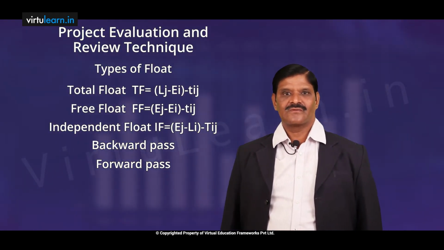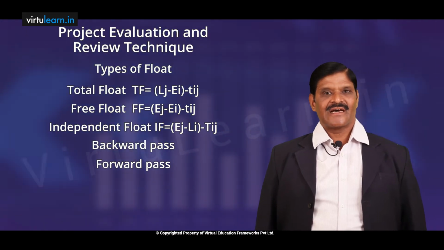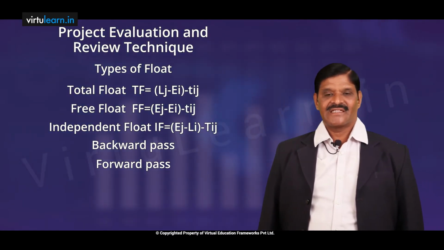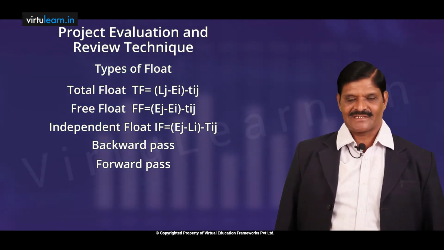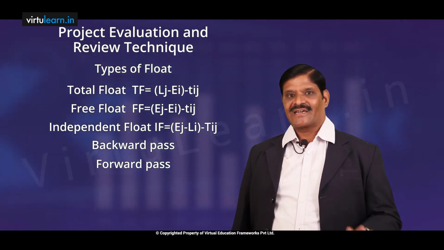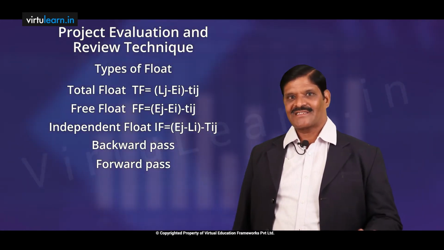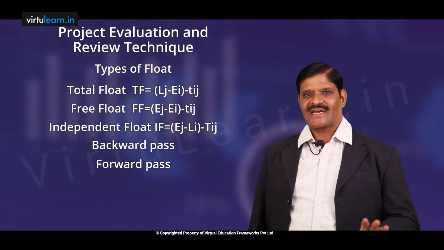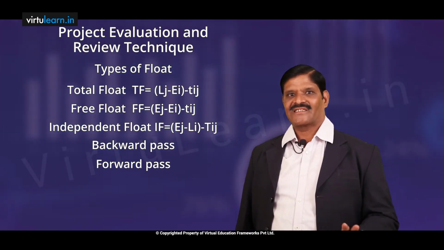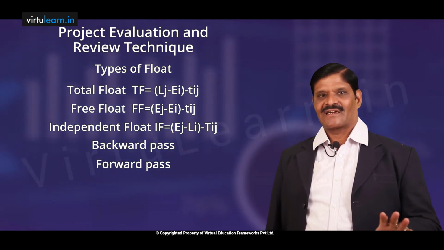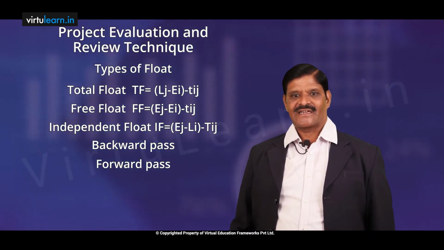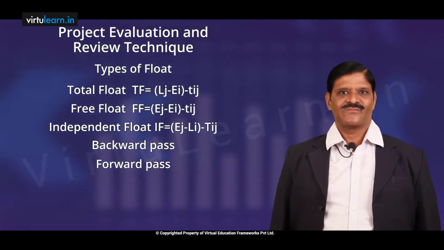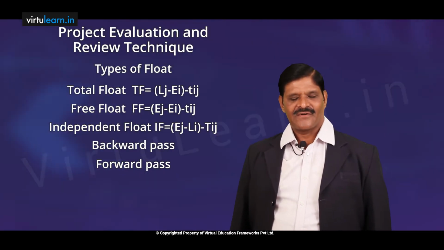But one thing we should know is, for the activities lying on the critical path, there is no float available because they cannot be delayed under any circumstances. That is the reason we call them activities lying on the critical path, or that path itself is the critical path, because any delay occurring on any activities lying on that path will result in the escalation of duration, or the project duration will increase. So this is the way we try to calculate the flexibility or float for each of the activity on